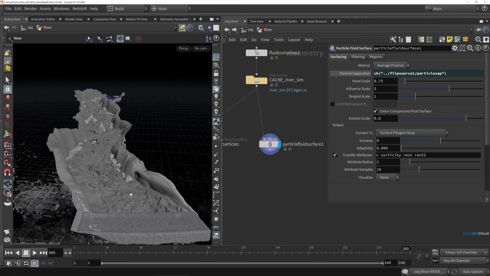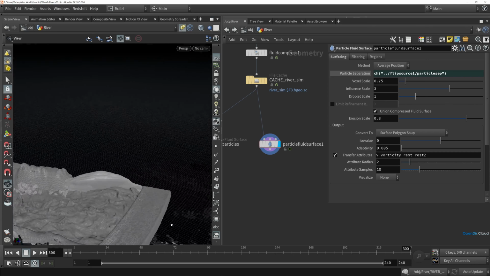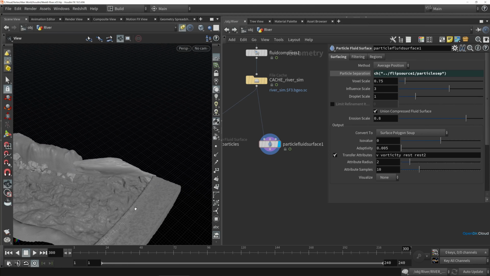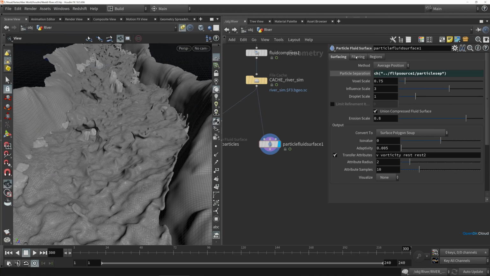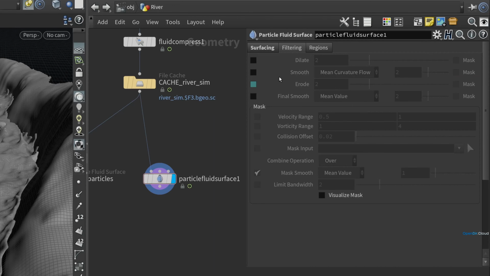However, we can refine this a bit, and we do need to chop off these sections at the start and end of the river here. So if we zoom in on our mesh a little bit and take a look at the filtering tab, we have some options here to dilate and erode the surface and to do some extra smoothing on it. And you can see here that the erode option is linked to another parameter. And the parameter that's linked to is the checkbox for the dilation. So if we turn on the dilate, then it's also turning on the erode,